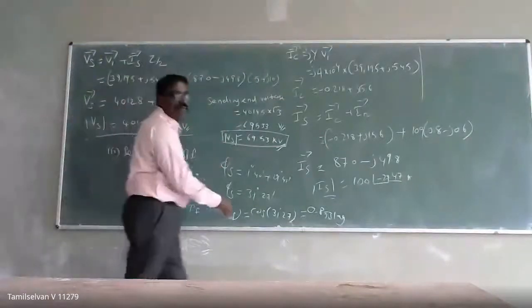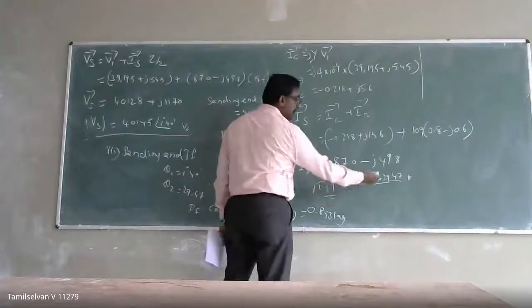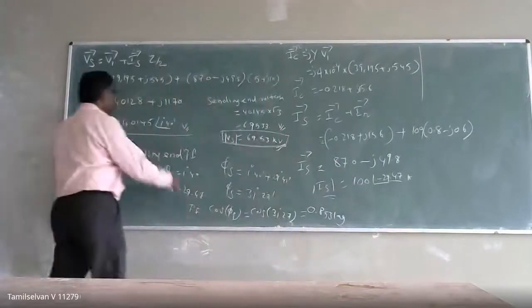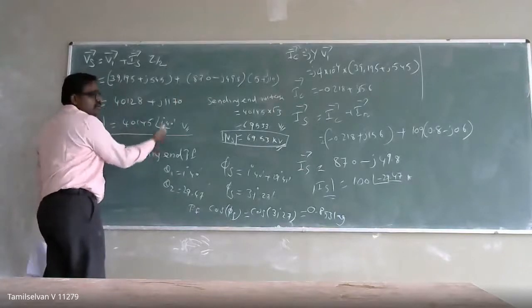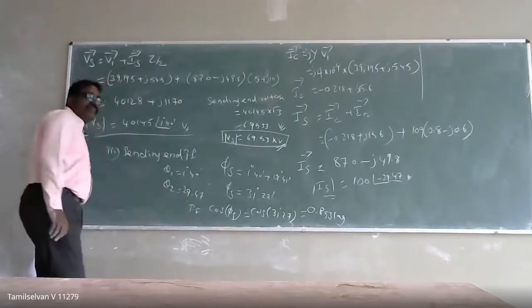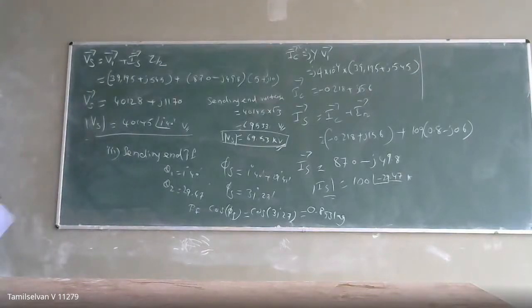Finally, using the complex vector form, convert the rectangular form to polar form and you will get the magnitude and angle. If you know that angle, you can calculate your power factor cos phi very easily. So this is the third one. The fourth one, they ask to calculate your transmission efficiency. Transmission efficiency means you have to calculate your loss.